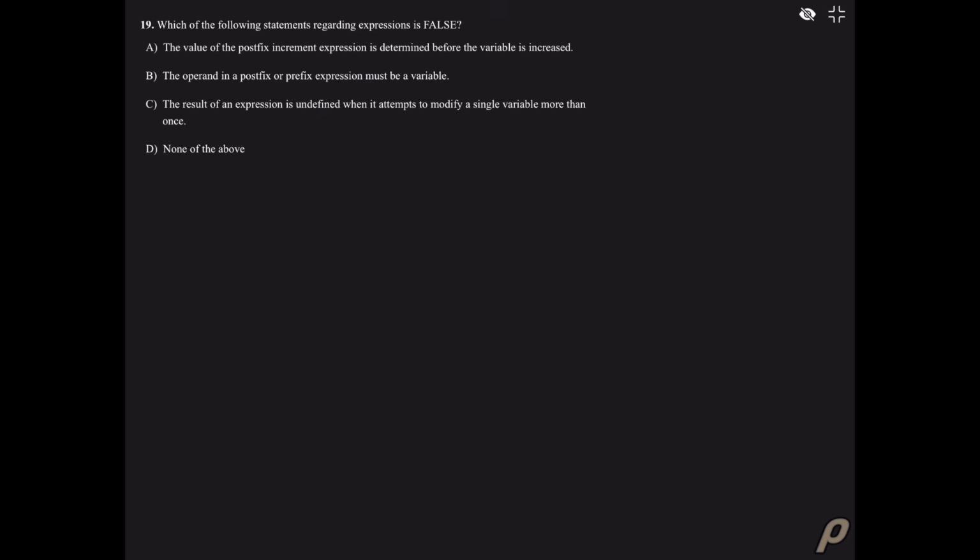All right, question 19. Which of the following statements regarding expressions is false? So let's see. Which one's false, it asks. A states that the value of the postfix increment expression is determined before the variable is increased. And this is just testing you on your knowledge. If you know your prefixes for words in the English language, you'll see post. And what do we know about post? That means